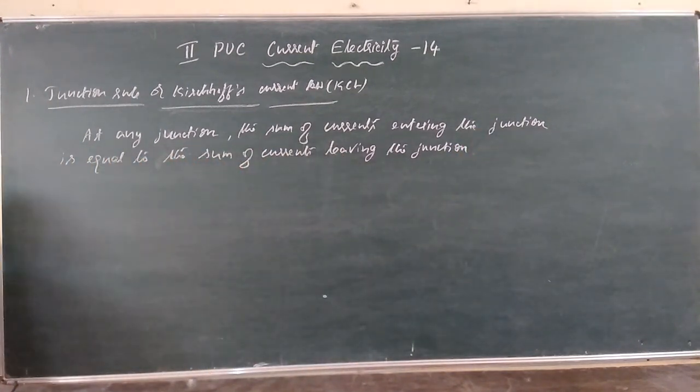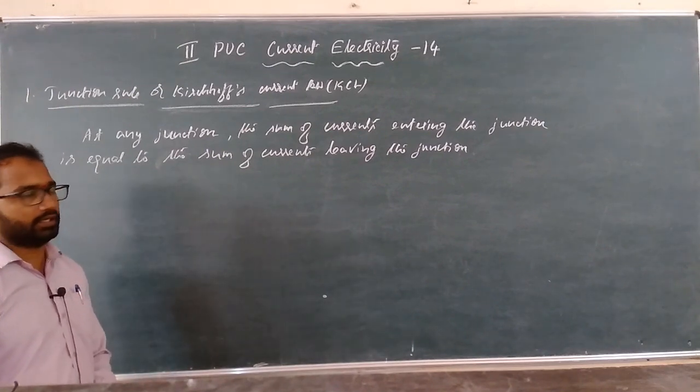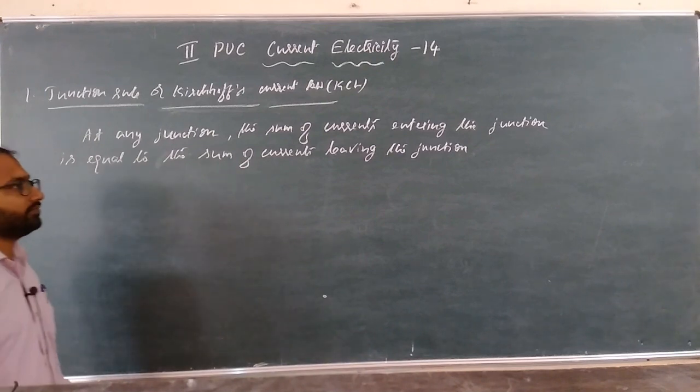At any junction in an electrical network, as I told, junction is a point where more than two electrical components or conductors meet. Okay, more than two means three or more. At any junction, Kirchhoff's current law or junction rule says at any junction the sum of currents entering the junction is equal to the